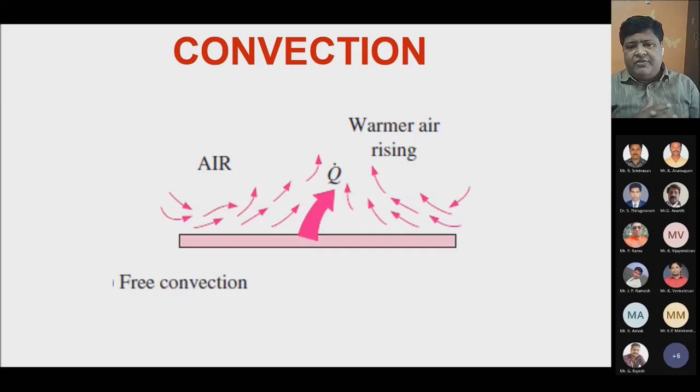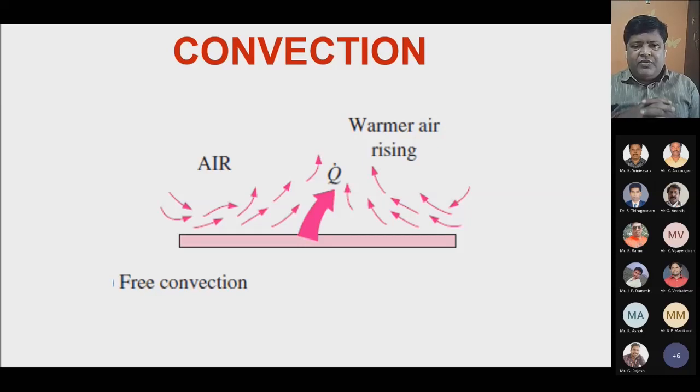So this is an example of free convection. You have a hot plate and surrounding air, the atmosphere. The air comes in contact with the hot plate, and you can see that Q is transferred from the plate to the air. The hot air's density decreases, buoyancy forces are created, and the air rises above. Once the air rises, that place becomes less dense, and the colder air from the surrounding environment occupies that space. So this kind of continuous bulk motion of the fluid takes place until the plate comes into equilibrium with the ambient condition.